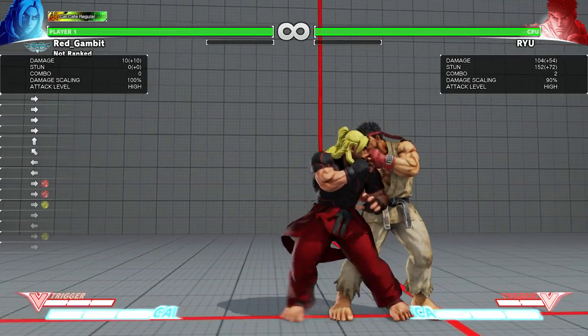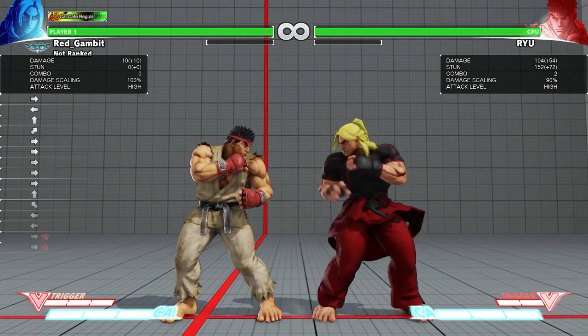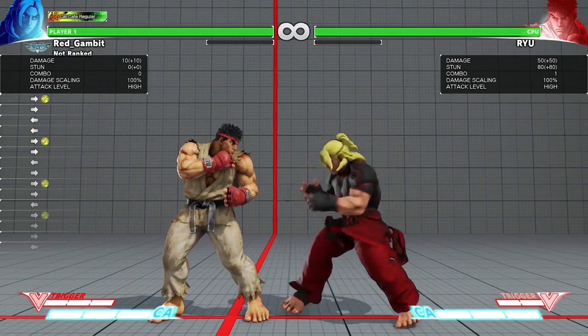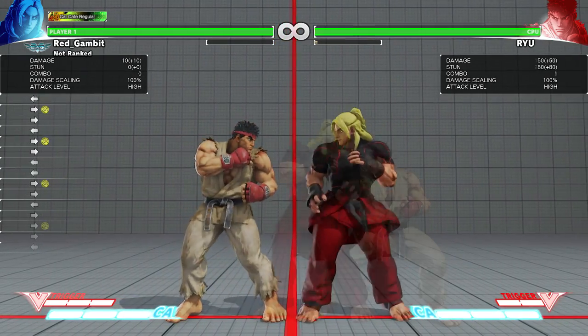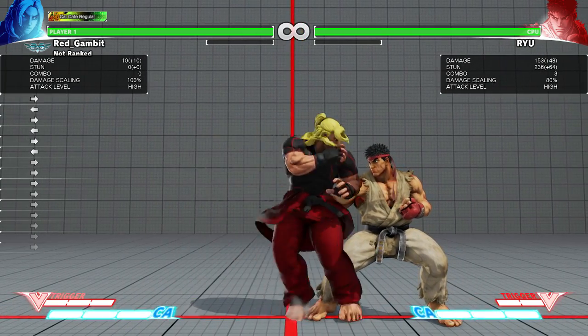So it's kind of a high risk move to just throw out. It also has very short range. Like as you can see, it's very hard to hit Ryu unless you're right up in his face. There we go. Something that is designed to be just thrown out is this second target combo, which is the